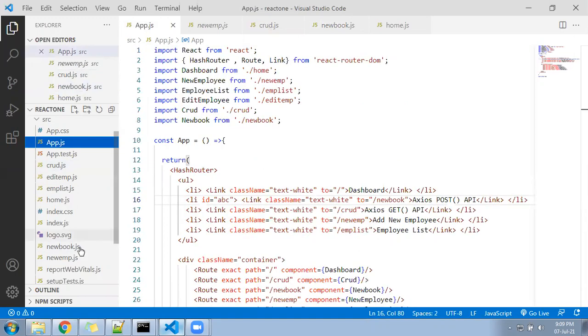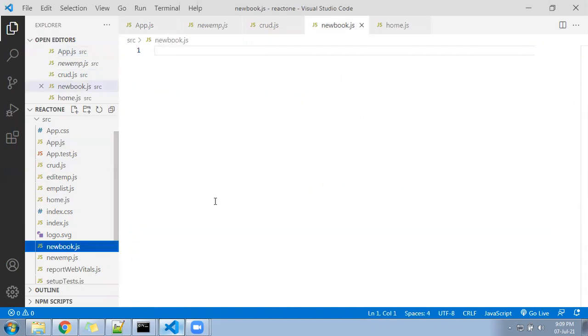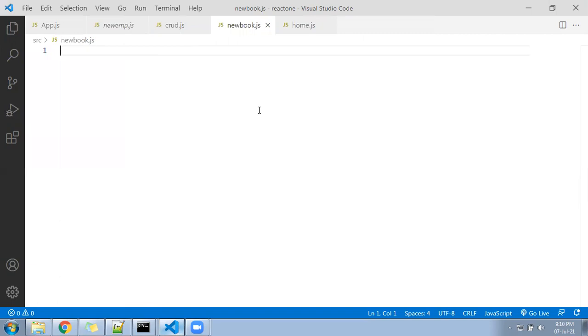You will be able to create a file and add it in your routing, and you can use this. In case you have any problem, you can watch my multiple videos I have there for the routing. You can have a look into that. Okay, let's go ahead with this example. The scenario in front of us is, we are able to read the data, and we are going to write the data now, through an interface. Since it is a class component, it will be based on class. Now I will be increasing the font size so it will be clearly visible for you.